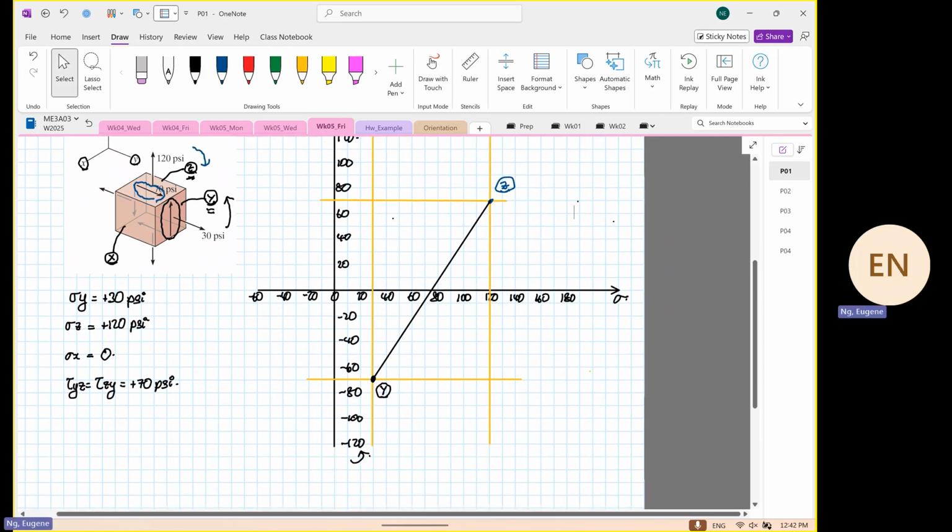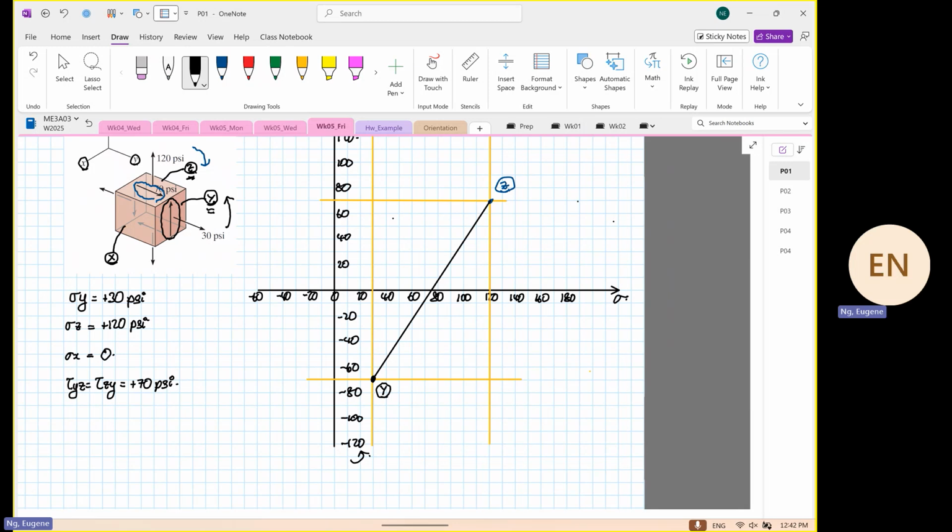So we are going to do some very basic calculation like what we have done before, but now we have to declare the plane that we are dealing with. So now we are dealing with the YZ plane. You declare that we are dealing with the YZ plane. So you calculate the stress average